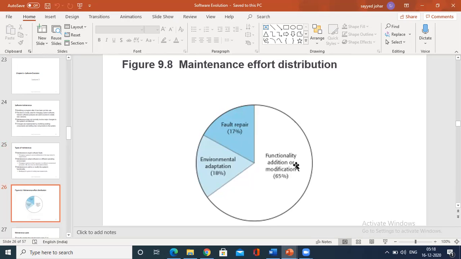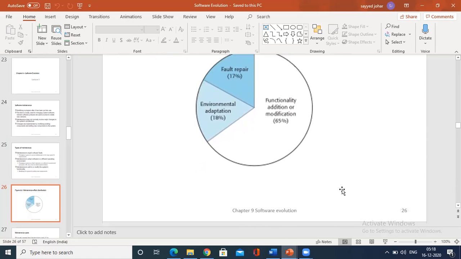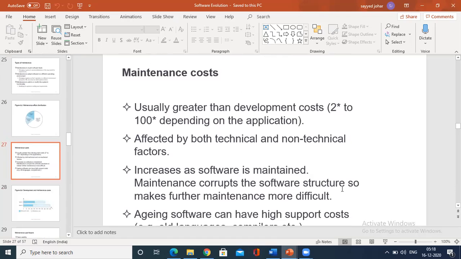So we have software maintenance. As I explained, software maintenance is a major job rather than development. It takes a lot of time. What is maintenance cost? This you have to understand.